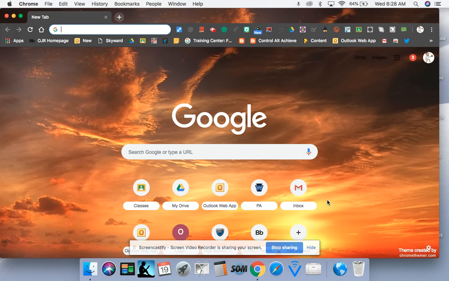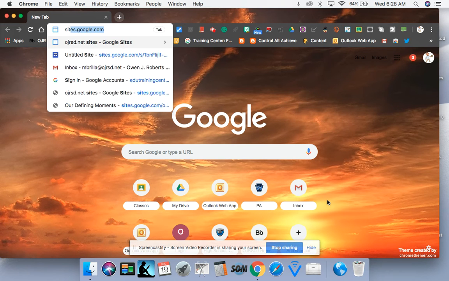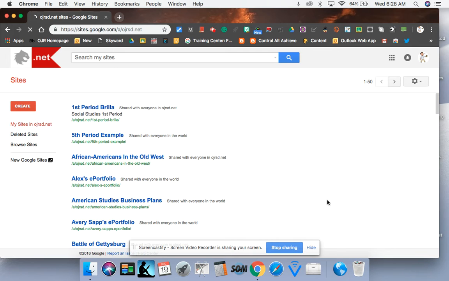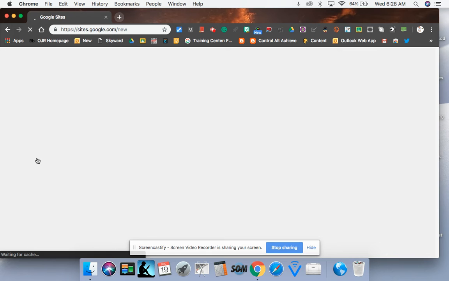So like anything that's Google, you're going to go to whatever the app is, .google.com. So here we're going to do sites.google.com. And when you get there, it brings you by default to the old Google Sites, which has a lot more. If you like creating websites, maybe you want to do this one. You can do a lot more with it. However, I think it's a little overwhelming and it's clunky. So I prefer you using this new Google Sites. So if you click New Google Sites,